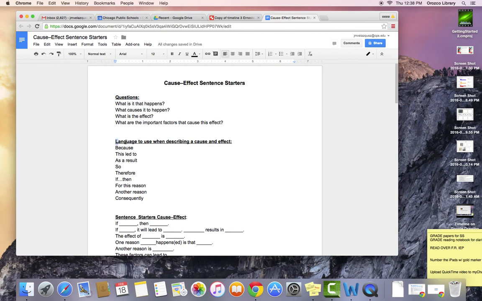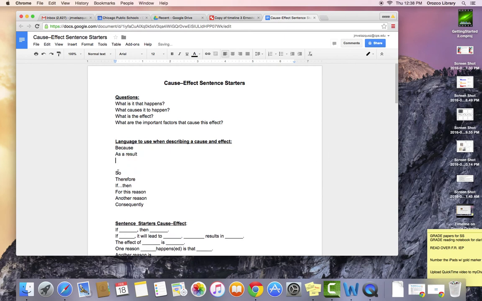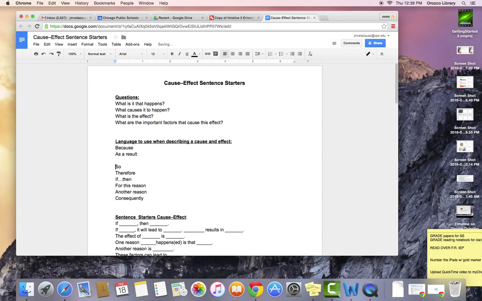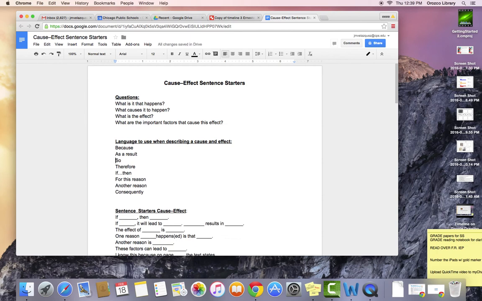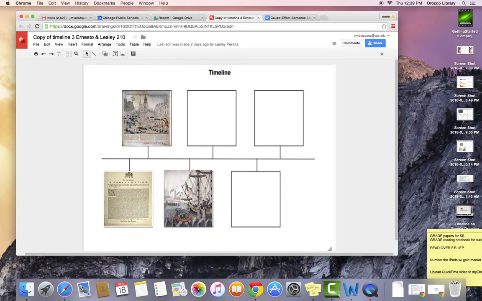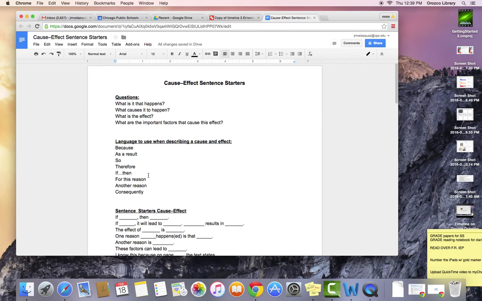And so the language to use when describing the cause and effect, these are some really nice individual words to use: because, this led to, as a result, so, therefore, if then, for this reason, another reason, and consequently. So these are nice words to keep in mind because when you do your voiceover, when you're explaining the causes of the American Revolution and you're talking about the events that you have here, you want to use those words: because of this, therefore, so, if then, anything that you feel fits nicely and that you're able to articulate by